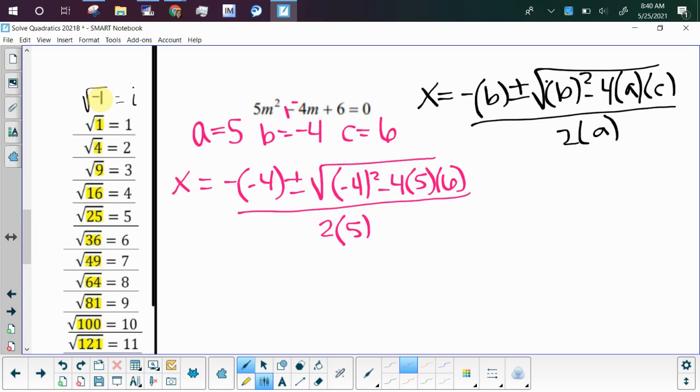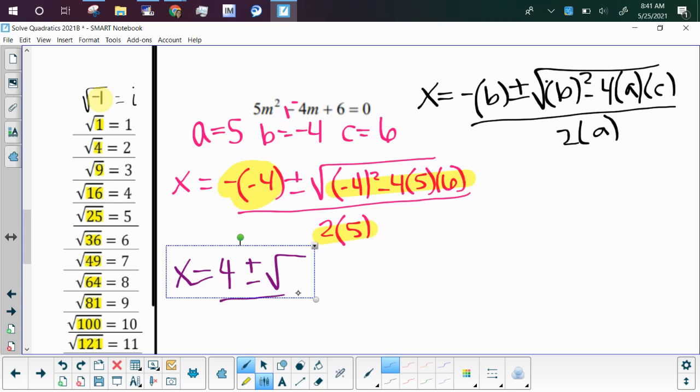Okay, so let's just start working it. We've got to do everything under the radical. Actually, I like to simplify these 3 parts. I like to simplify that, this, and this. So the opposite of -4 is going to be +4. I've got plus or minus. I've still got my square root. And it's going to be over